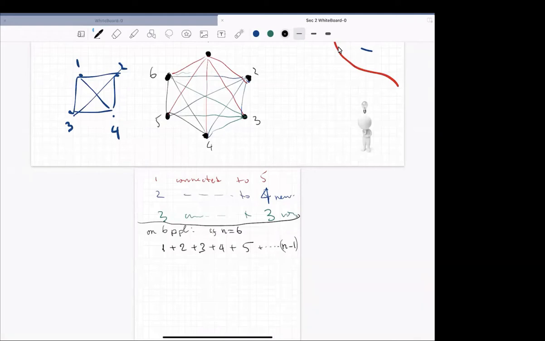Do people remember what this is called? It's not important to know this name, but do people remember what's this when you have a sequence 1, 2, 3, 4, 5, 6, 7, 8, 9? What is the name of that sequence? There may be something on the chat I'm missing, so please let me know. I definitely missed something here and there. Would it be an arithmetic sequence? Yeah, that's exactly what it's called. It's called the arithmetic progression, right?